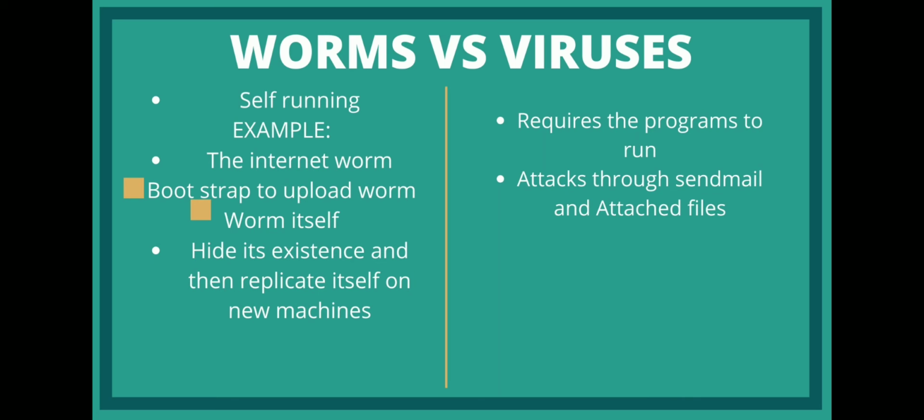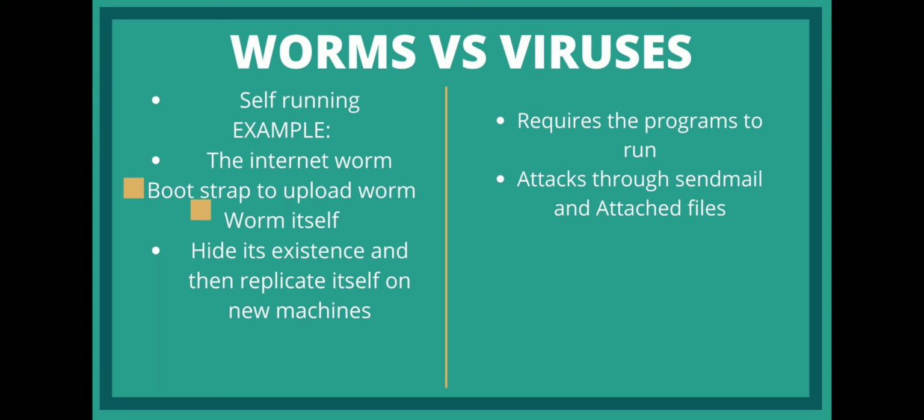Worms versus viruses. Worms and viruses are similar to each other but have some major differences. Viruses require programs to run and attach, for example through sending mail and attaching files, while worms are self-running. For example, the Internet worm used a bootstrap to upload the worm, and the worm itself hides its existence and then replicates itself